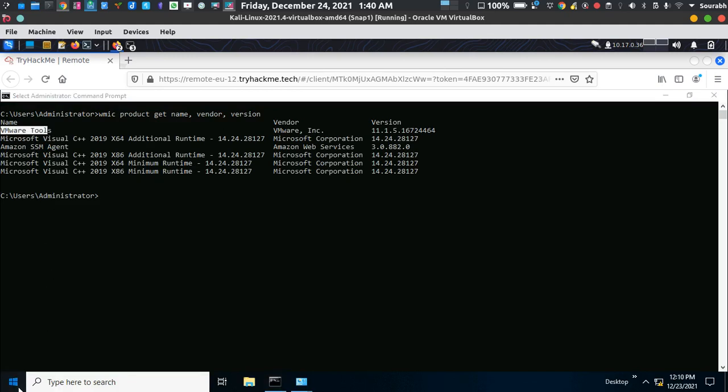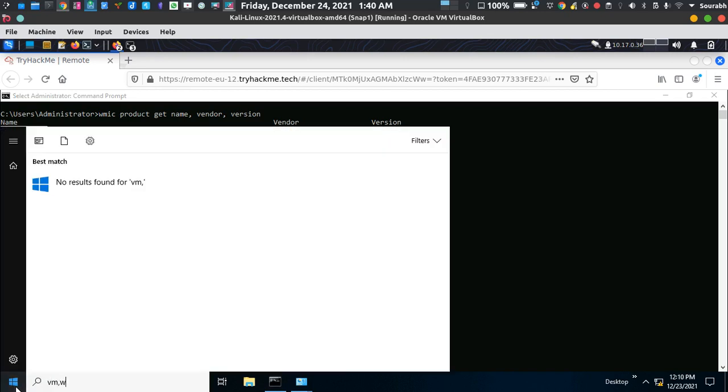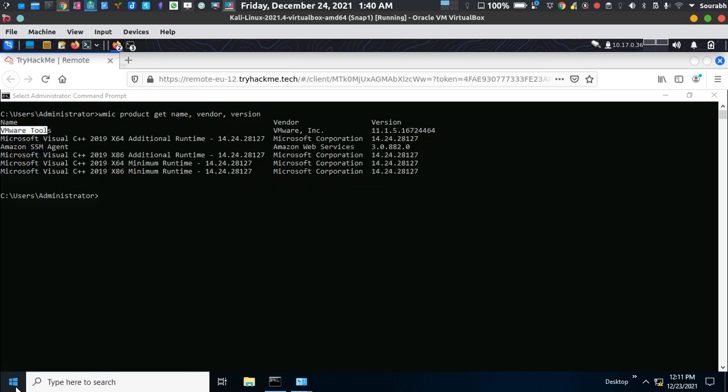Let me just check whether it is installed or not. VMware. So there's a tool in VMware, but we don't find that. Nevertheless, Microsoft Visual Studio C++. It is basically a program for C++ coding.